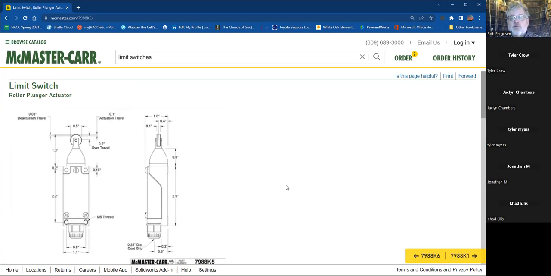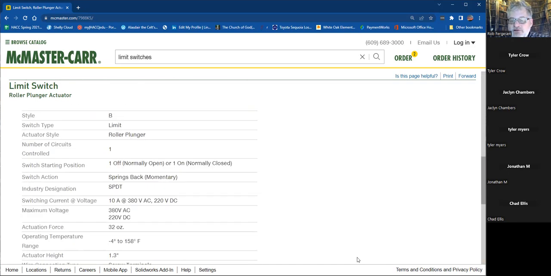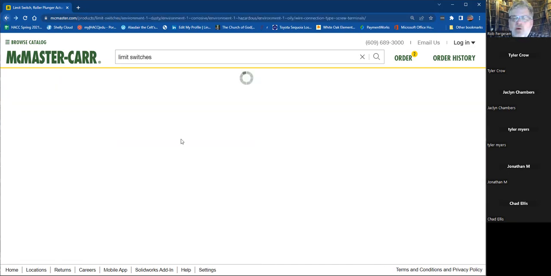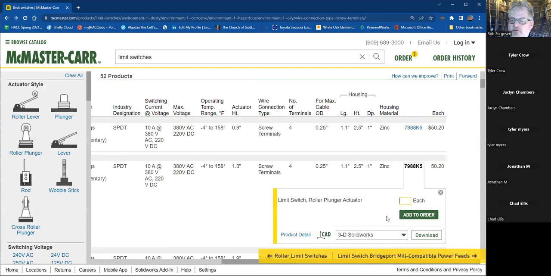Number one, we need to make sure the limit switch can handle the environment we're in. Number two, we want to make sure that the limit switch has an actuator that will work with our system. And number three, we want to make sure that it's not too expensive and will meet the needs of our requirements. I didn't check on the price of this. So this is a $50 limit switch, which is a little pricey, but considering it can handle those heavy-duty environments,